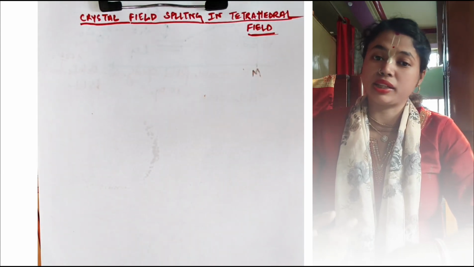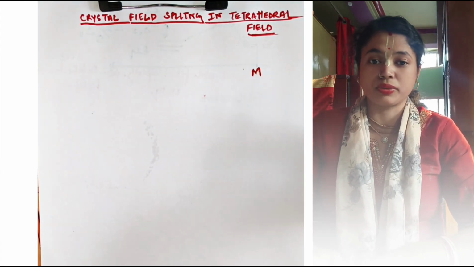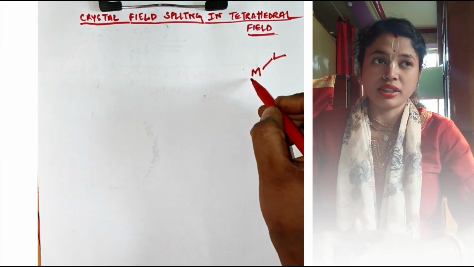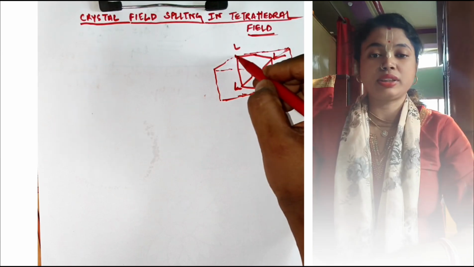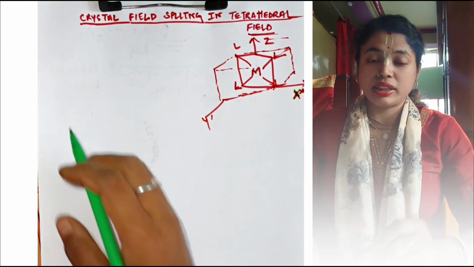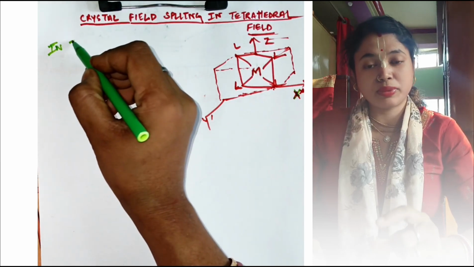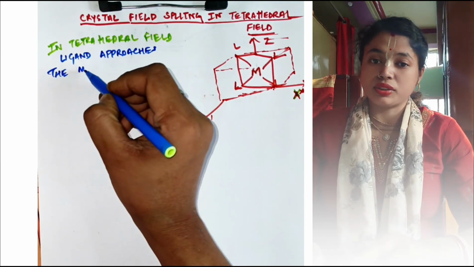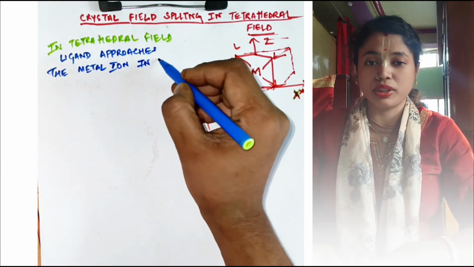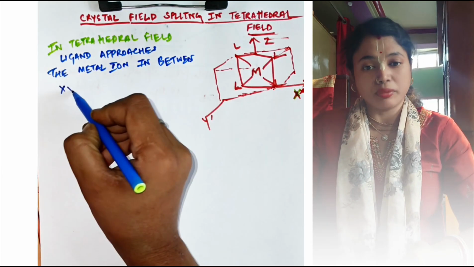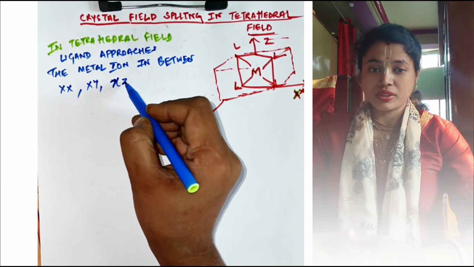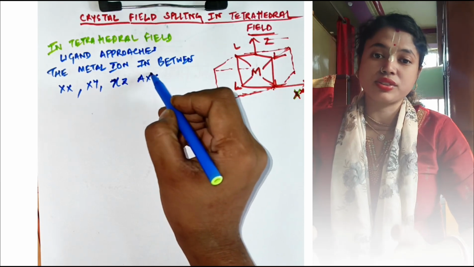Okay, so there are three axes: that is your x-axis, there is your y-axis and that is your z-axis. Now in this case, this way is your z-axis. In this case, in a tetrahedral field, what happens is that the metal atom is in between the axes, in between the x-axis, xy and your xz axis. Okay, as a result